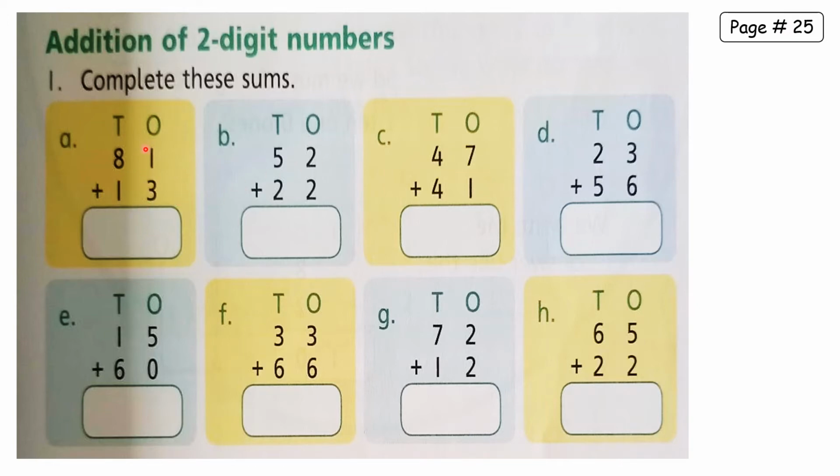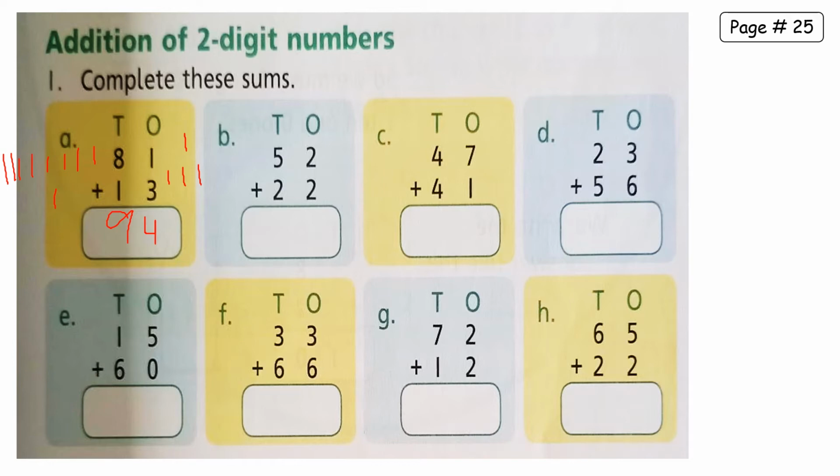Okay, this one is ones column and this one is tens column. So we always start addition or subtraction from the right side, means from the ones column. So first we will add the ones column. 3 plus 1 is 4. You can also do it like this. Make one line here and 3 lines here, and count them all together. How much is it? 4. So 8 plus 9, let's draw 8 lines here and 1 line here. So how many are these in total? 9. So it's 94. Similarly, we'll do all these questions.